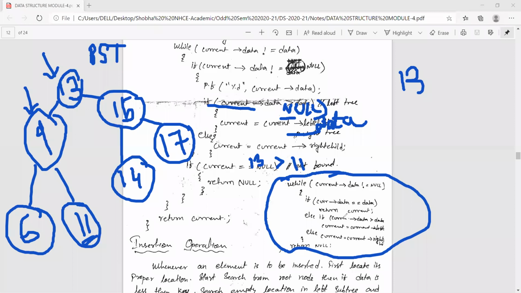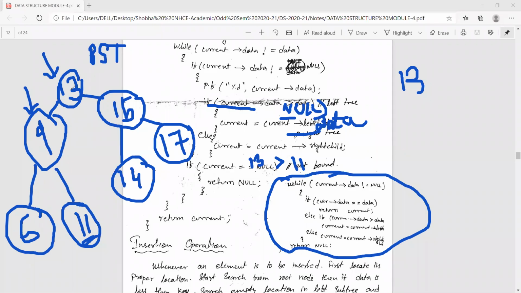Else if current's data is greater than your data, means 13 is greater than 11, means you have to traverse towards the left. So current equal to current's left. Why? Because root is greater and the value which you are searching is lesser, so obviously it will lie in the left subtree.